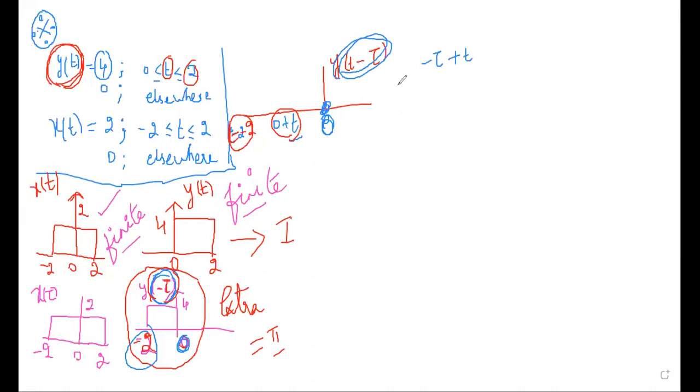In the third diagram, this is my third diagram, I am finding y of t minus tau. T minus tau: how to get t minus tau from y of minus tau. So already I have y of minus tau in the second diagram. I want to get t minus tau. So I will add plus t to this minus tau so that I will get t minus tau inside the bracket. Is it clear?